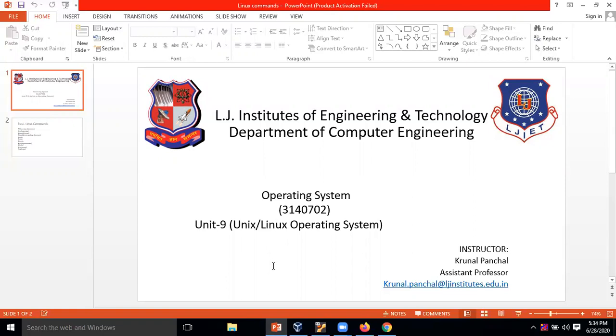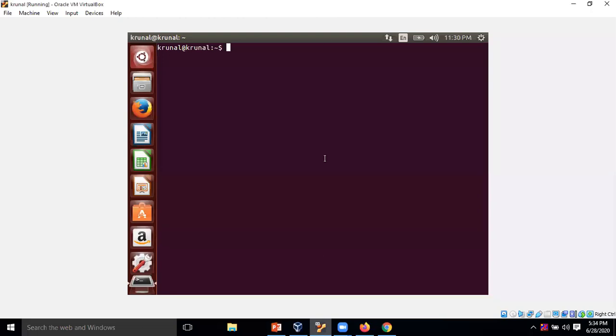In this session, we are going to discuss remaining Linux commands. So in this session, we are going to discuss the cat command.